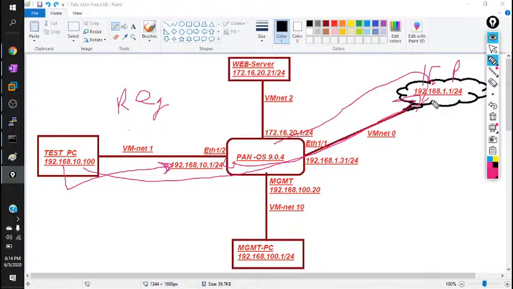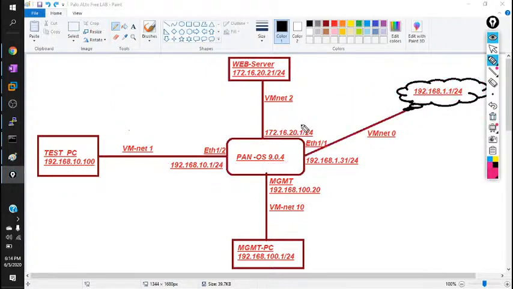So how will this ISP send the reply message, because I don't have access to this ISP router, and I cannot mention a default route here. So in that case, my ping request goes out from my test PC, but I am not getting a reply message back. So guys, you have time, you have to find out what the solution for that is.